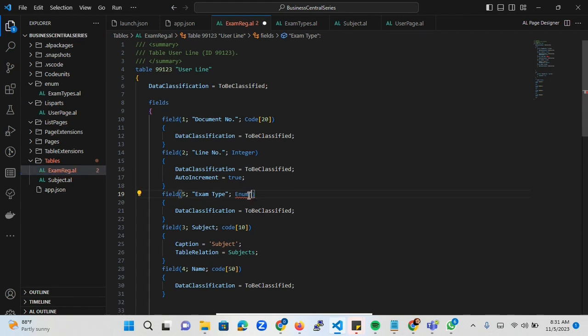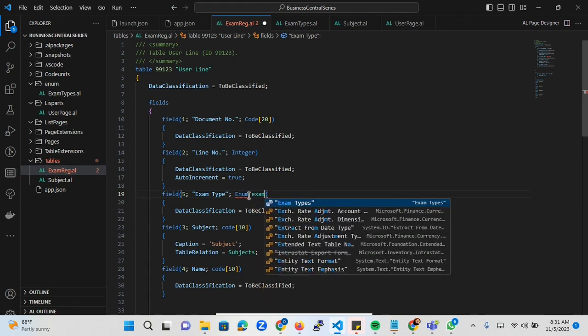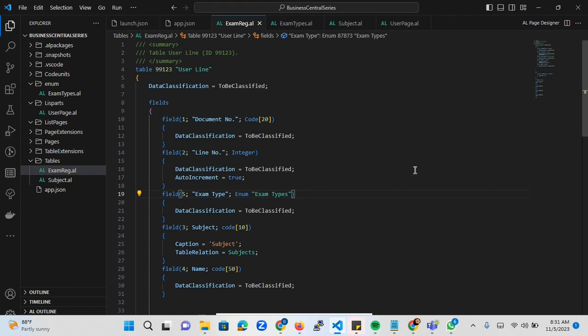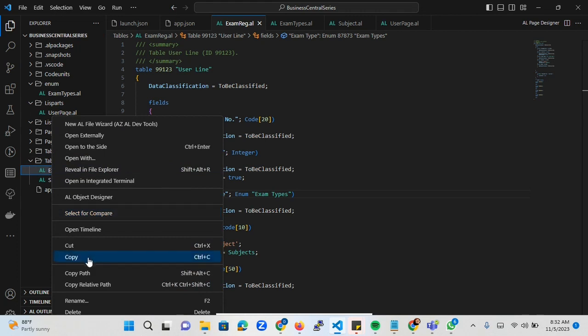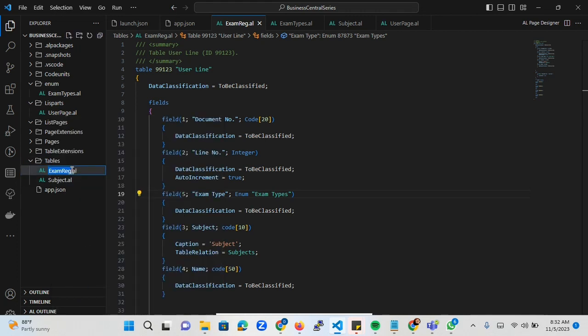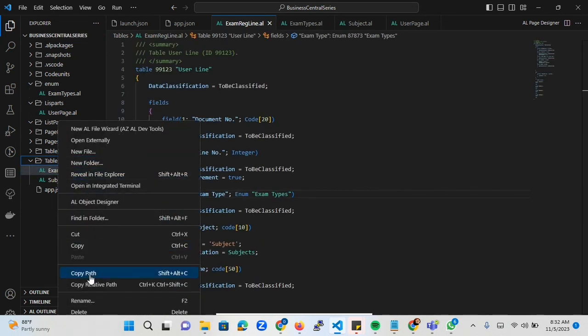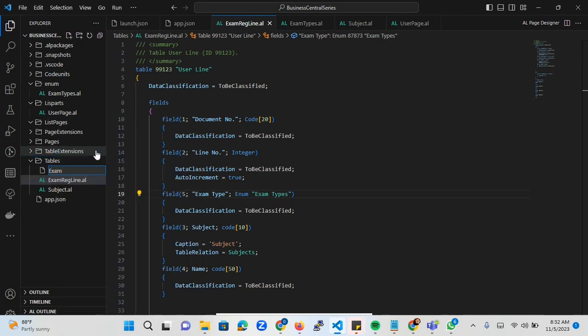So the enum is called exam types. Let's see what other thing do we need here. Right, okay. So we need to also create a table for the header. So let me rename this exam registration so I can indicate this is a line. So I can create another table. I name this exam reg